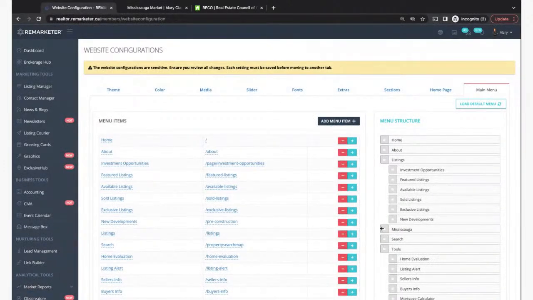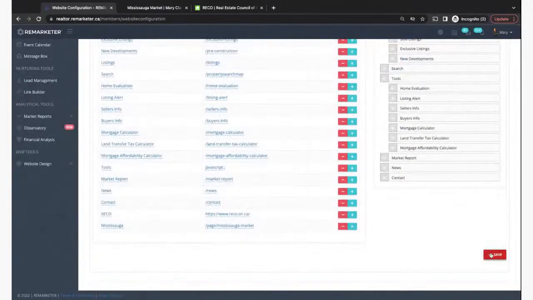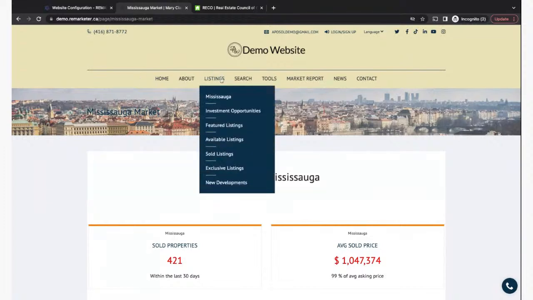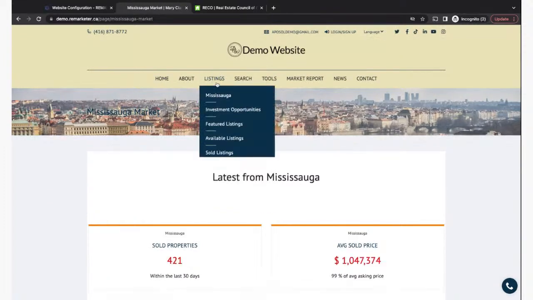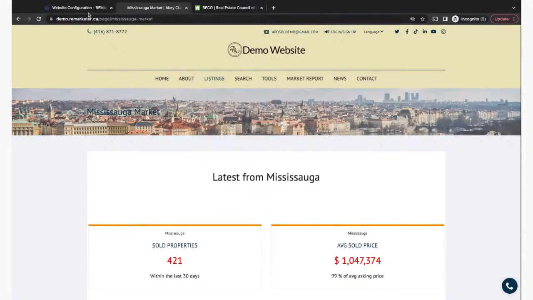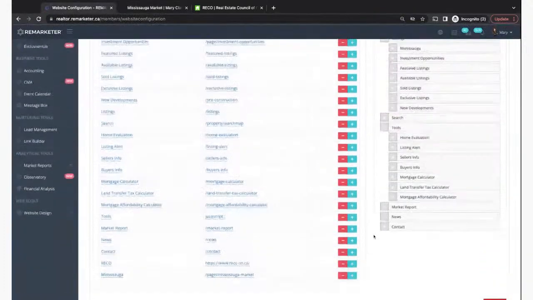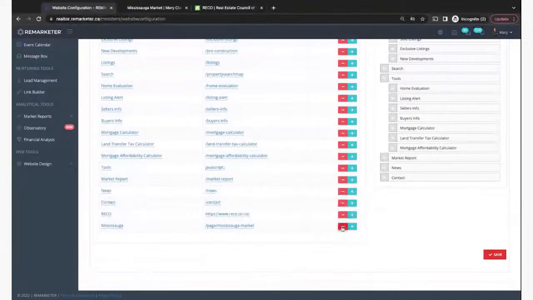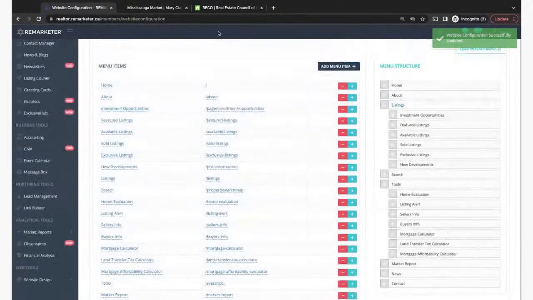If I want to move it under listings, I'll just move it under listings to the right as a submenu. Save. So now it's not there in the main menu anymore, but it's available under listings right there. So you see how you can change stuff here. If I want to remove it, I can just go ahead and click on the minus sign and save it, and it will remove it from my